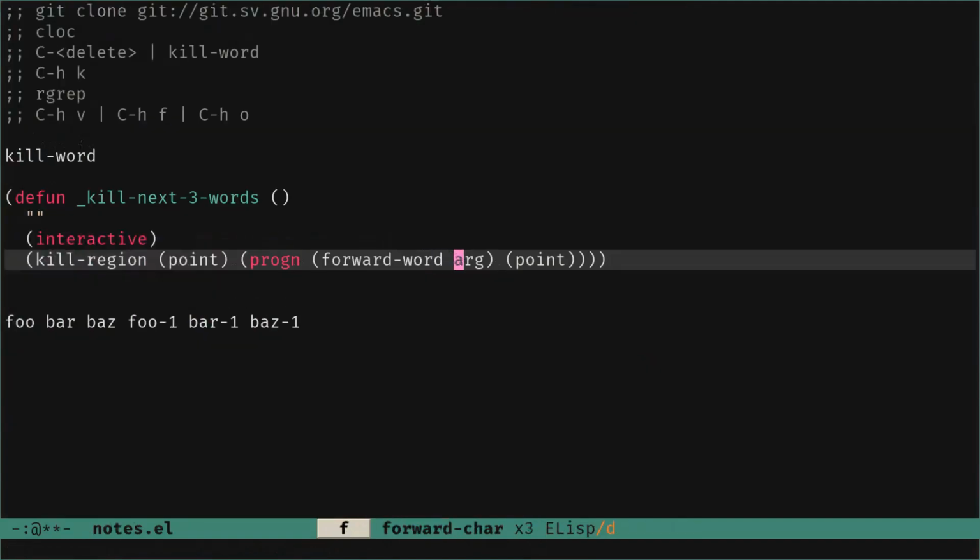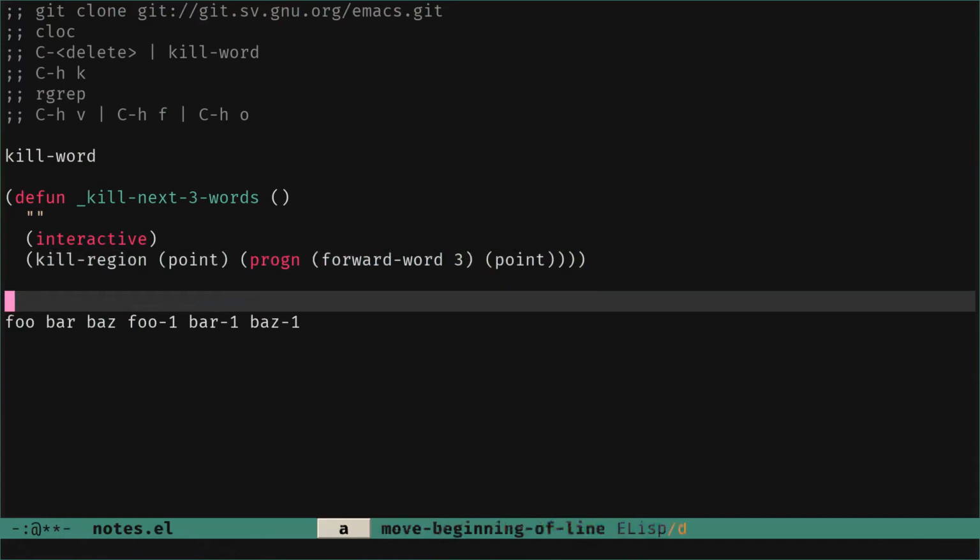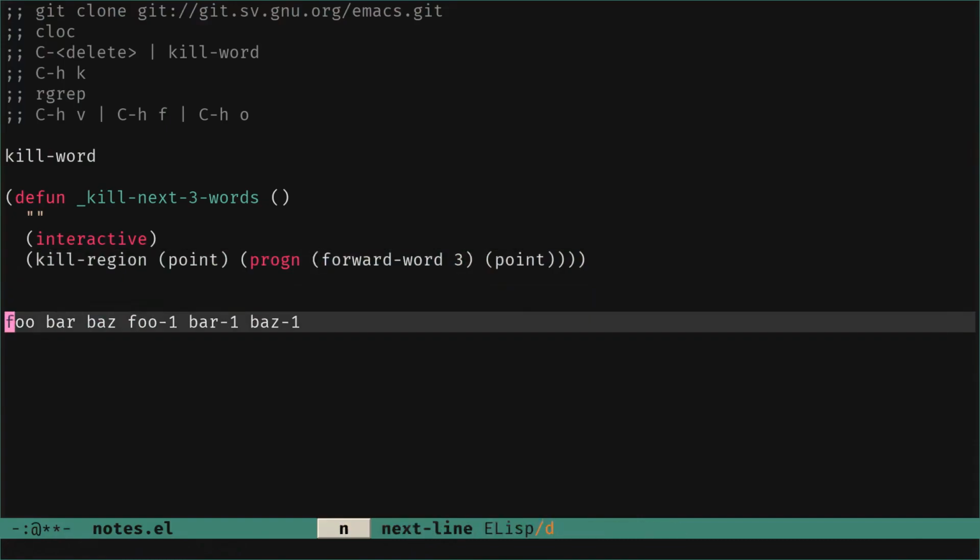So here, I imagine, I'm not sure, but if I put 3, this will work. But we can do something, which is to copy these things. I put my cursor here because what we want to do now is to write a command that when we are at the beginning of foo, this will remove foo bar baz. Okay, the next 3 words.